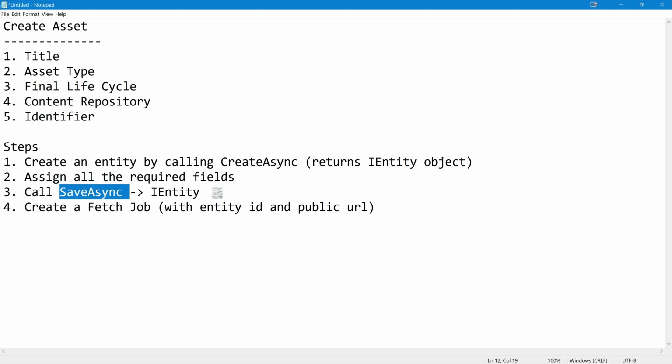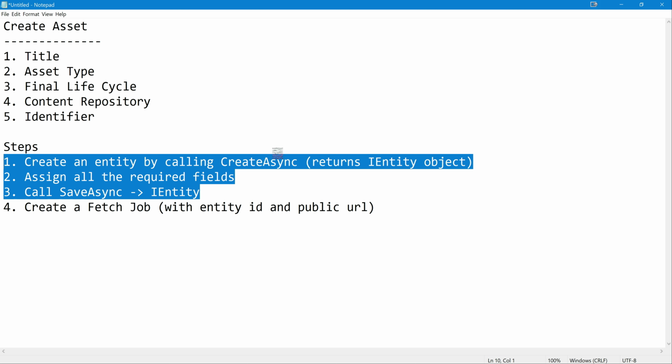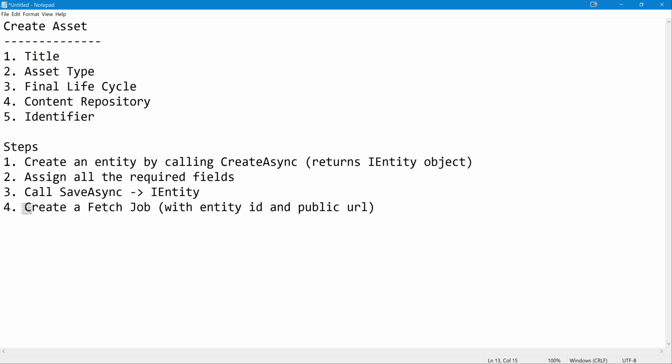But it is not over yet, because assets are mapped to actual files. So we need to upload a file as well. By this time it will only have a blank asset. If you want to upload the actual file, then we need to create a fetch job.